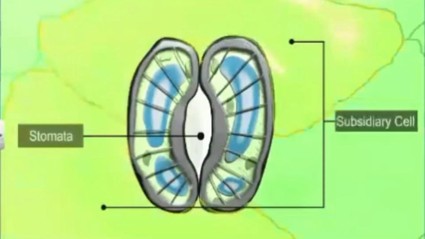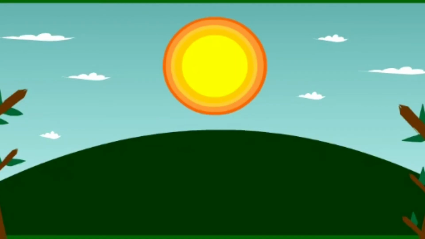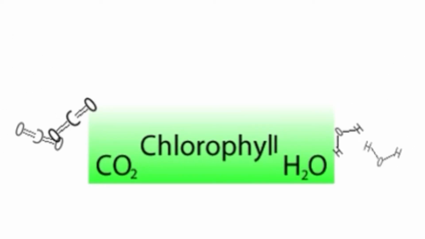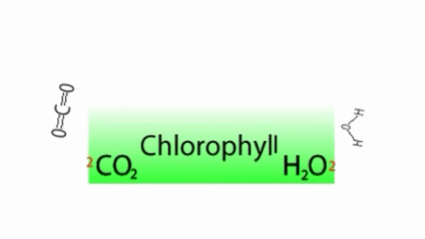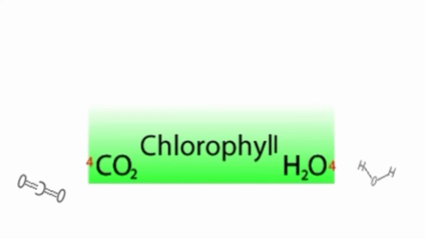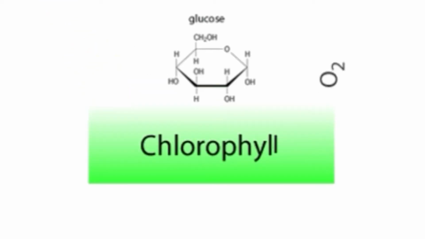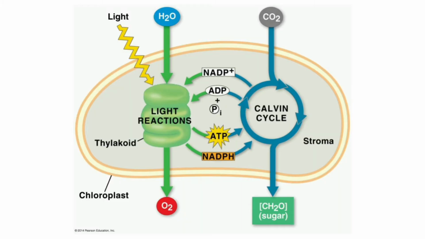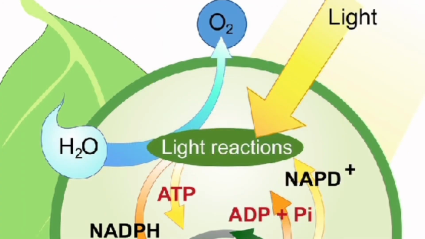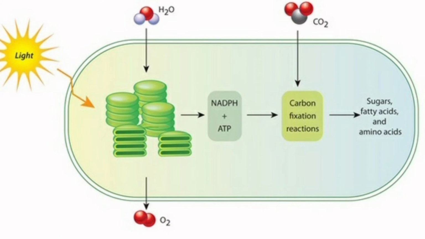Plants utilize energy from sunlight for combining this carbon dioxide and water to yield sucrose. The oxygen is produced as a byproduct. In photosynthesis, oxygen comes from water. The hydrogen of water is used to reduce this carbon dioxide to form carbohydrate. The mechanism of photosynthesis is divided into two major events: the light reaction and the dark reaction. The light reaction is also known as Hill reaction, and the dark reaction is also known as Blackman's reaction.